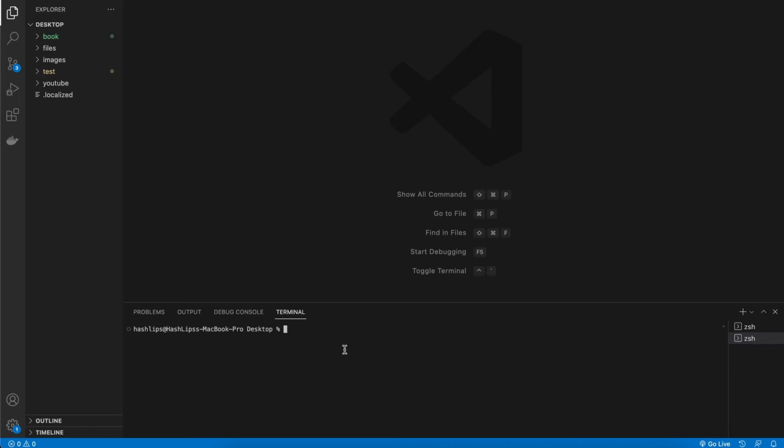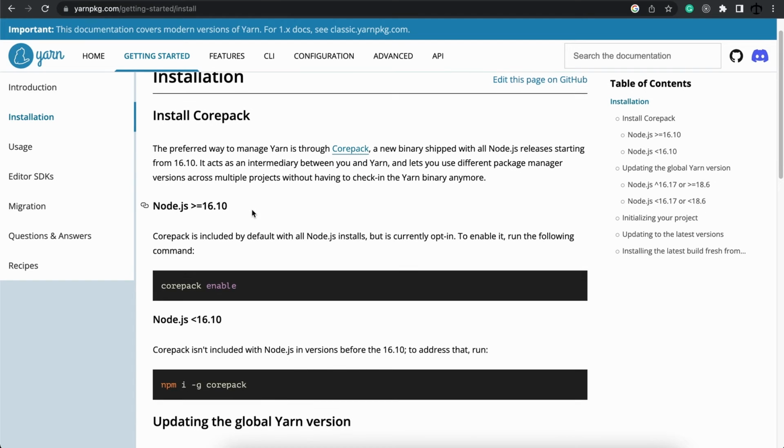Okay, so in order for us to install Yarn, what we first need to find out is what our node version is. So in the terminal below, let's type in node -v and hit enter. I can see I'm still using a very early version of 16, which is fine. You might have a later version. We need to know the version because if we go to this documentation, we can see